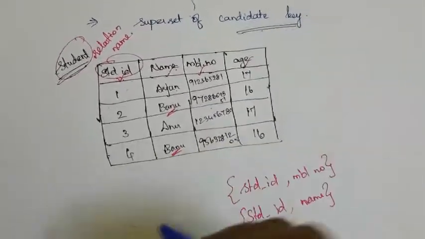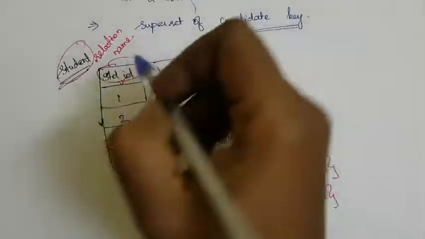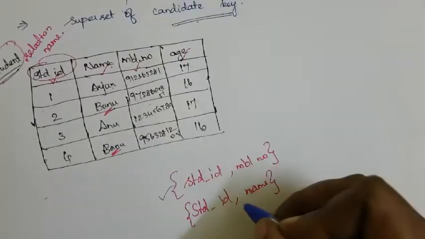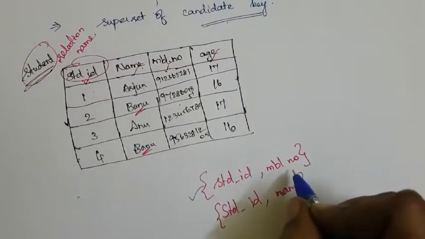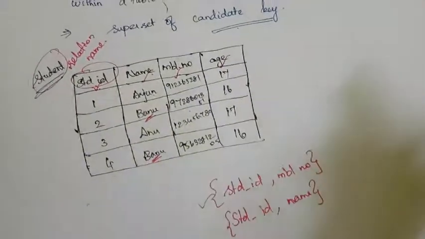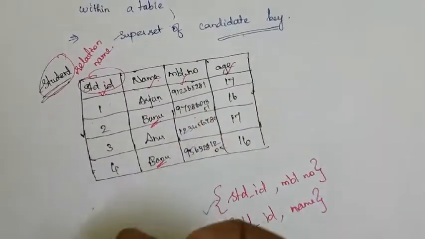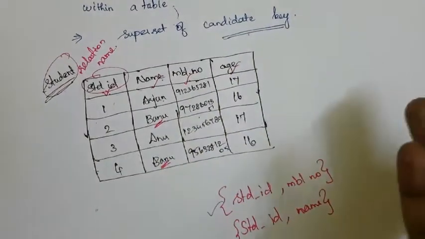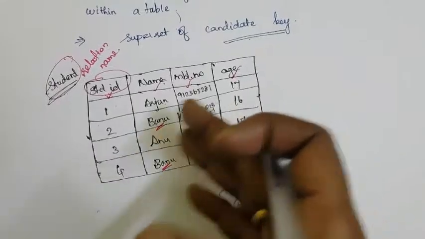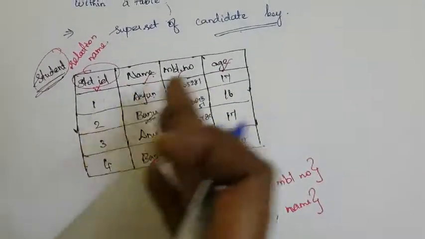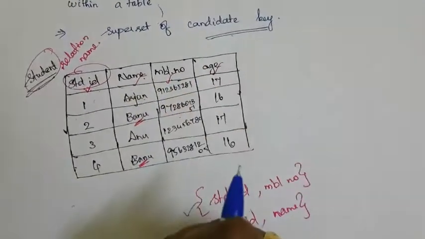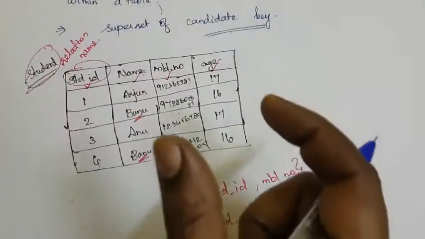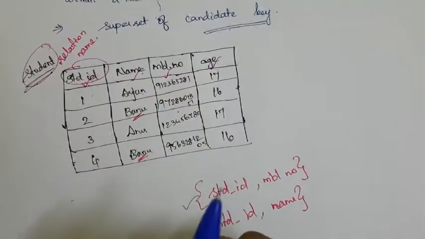Here in this candidate key we can take this student ID as well as the student mobile number. Student mobile number, that also will be a unique one, and student ID also will be a unique one, right? Two persons will not be sharing the same mobile number, so that also will be unique, and this also will be unique. So both are called candidate keys, okay? Student ID as well as mobile number. And we have some conditions for this candidate key, okay?